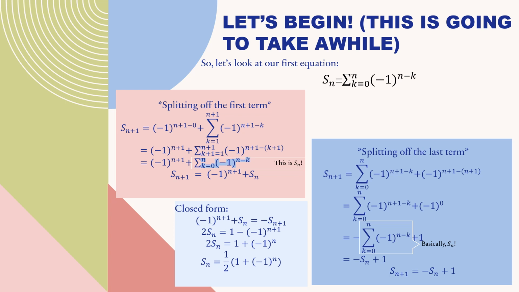So this right here is S sub n, and obviously not including the negative, just this part. So then we have S sub n plus 1 equals negative S sub n plus 1. Now to find the closed form of that, we set these equal to each other. So we have negative 1 to the n plus 1 plus S sub n equals negative S sub n plus 1. Then we solve for S sub n, which we get 1/2 times 1 plus negative 1 to the n. But if we want to remember this,